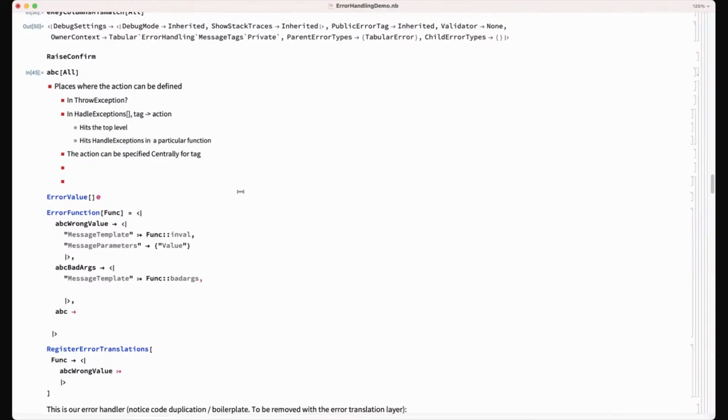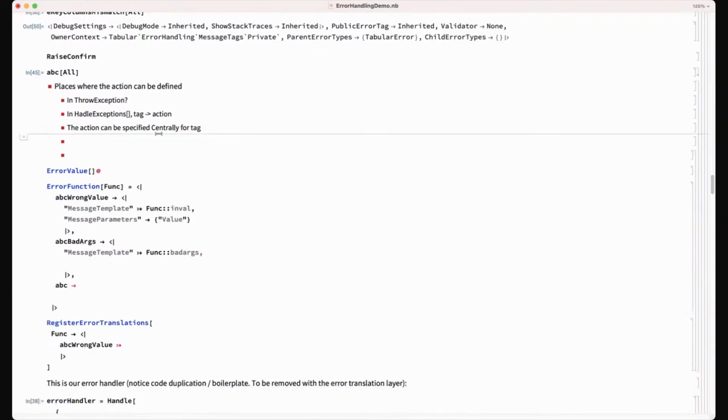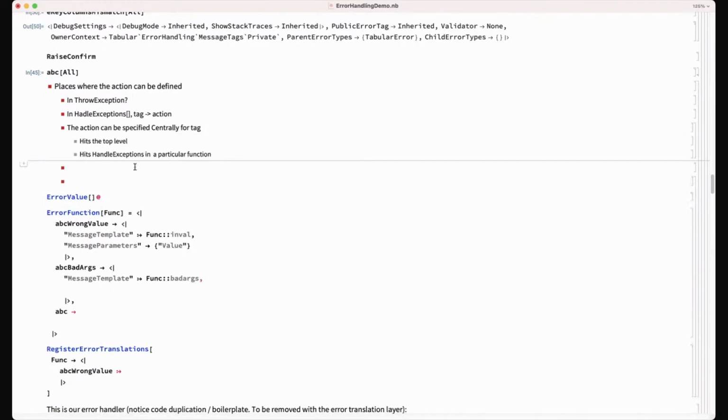Okay, take those two gray items and put them underneath the centrally for the tag. Right? Okay, so once you say what happens centrally for the tag, it can either be whenever it hits a handle exceptions, or, right?